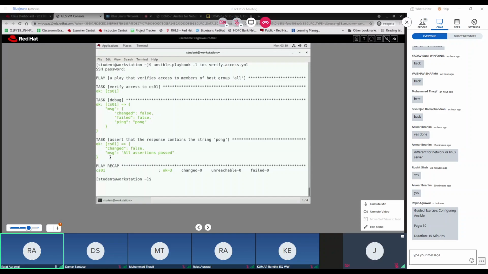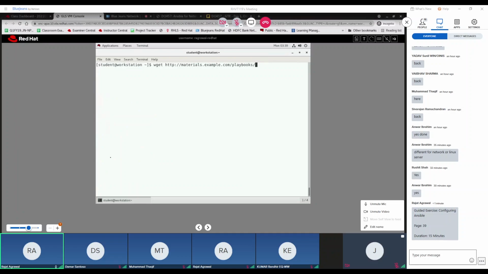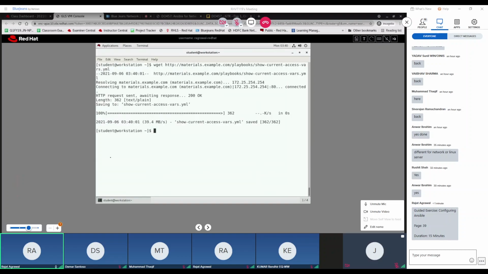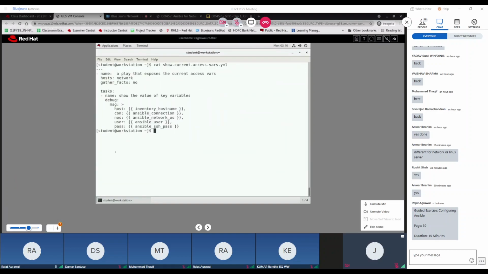Now the similar thing you have to do with IOS: download a new playbook first, which is show current access pairs.yaml. What this is doing is just printing some variables out, like what is the connection type, what is the network OS, user, and the SSH password. Now you have to run this playbook